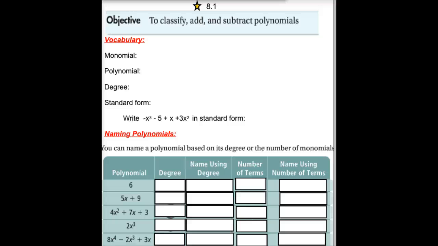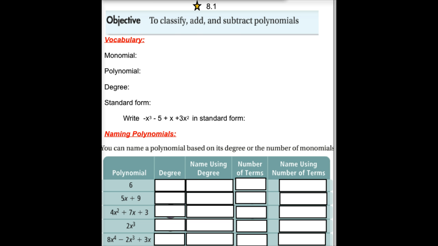In Chapter 8, the entire chapter is on what we call polynomials. Just like when you first learned about fractions in elementary school, and they start off giving you some vocabulary of numerator and denominator, and then after that you simplify them, and you add some fractions, and then multiply, divide, etc. We've got a whole another type of thing next called polynomials, and we're going to take kind of a similar